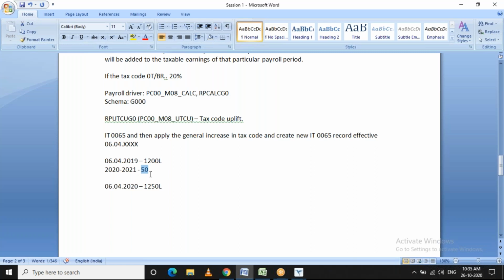We will look into info type 69 tomorrow. If you do not have any doubts now, shall we wind up today's session? If you do not have any doubt in info type 65, then we will wind up today's session, and we will look into the next mandatory info type as part of hiring.